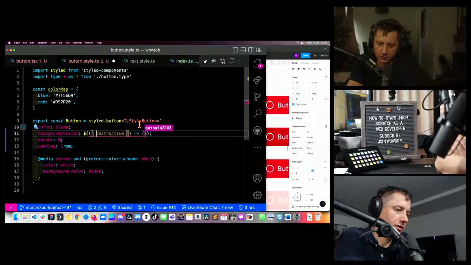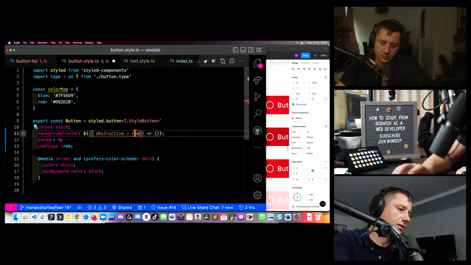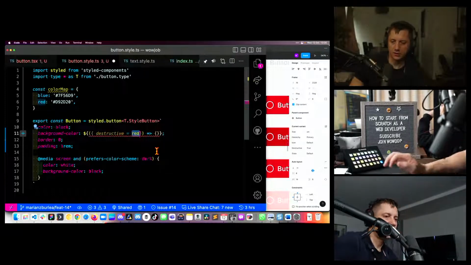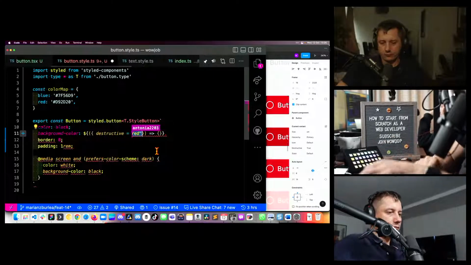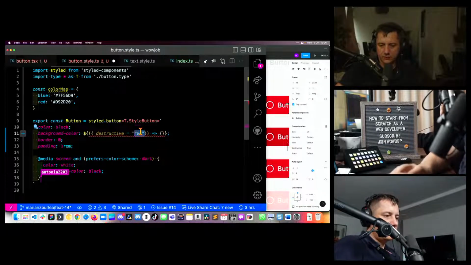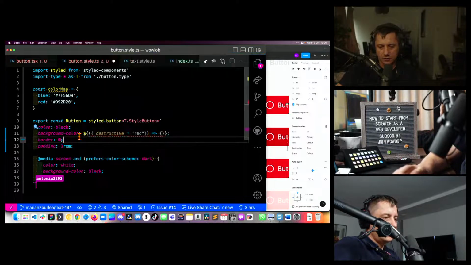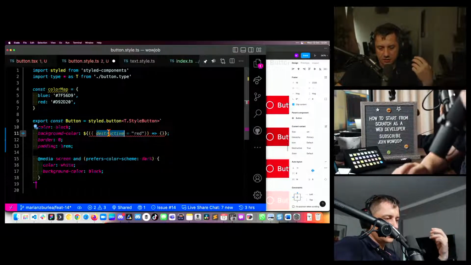So destructive equals, like this. Red. And red, like that, looks like it's a variable called red. We need the string red. Yeah, that's it. So now the default value of destructive is red, unless destructive has a different value, and then